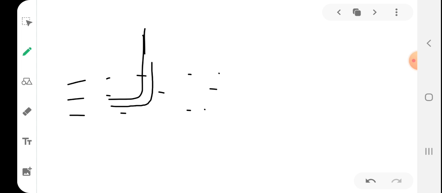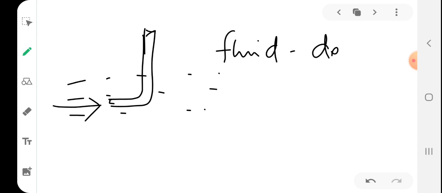So what is pitot tube? So what is happening in a pitot tube? Pitot tube will be like this, if there is a flow, okay. This pitot tube is an L-shaped tube. This will be placed here, okay. And when the flow reaches the mouth of that pitot tube, what happens? The fluid is assumed to decelerate isentropically